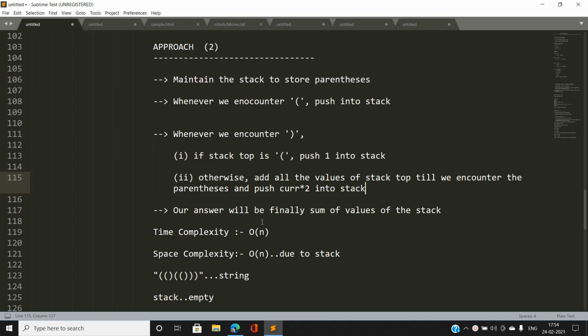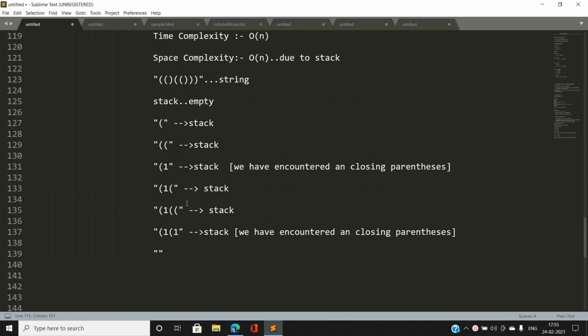Here you can see current is our sum. Okay, now you can see our sum is going to be 1 till we encounter an opening parenthesis. So what I am going to do is, I have a stack of this one, and I am going to pop this one, and I am going to again push the value 1 into 2, that is it would become like 2. Our stack in state would be what,